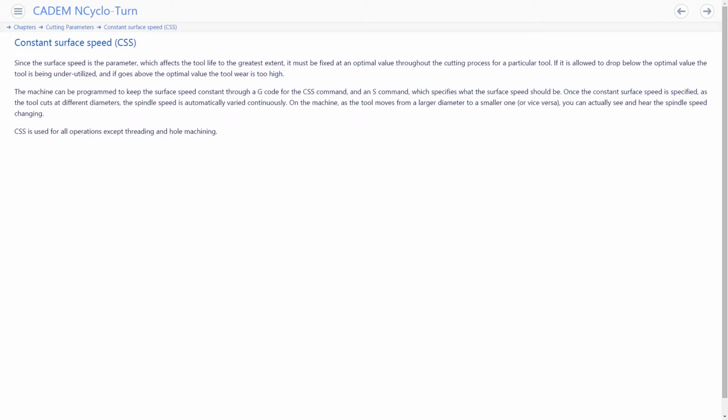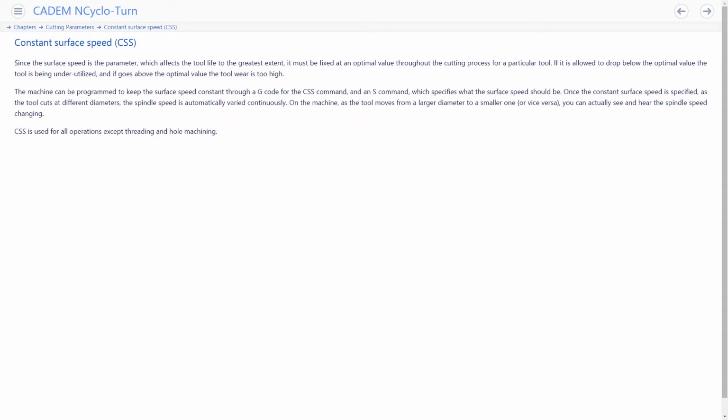The same phenomenon occurs during metal cutting. The temperature rises as the cutting speed rises. The tool material is designed to work at a certain temperature range. Below this range, you are underutilizing the tool and the cycle time will be unnecessarily high.